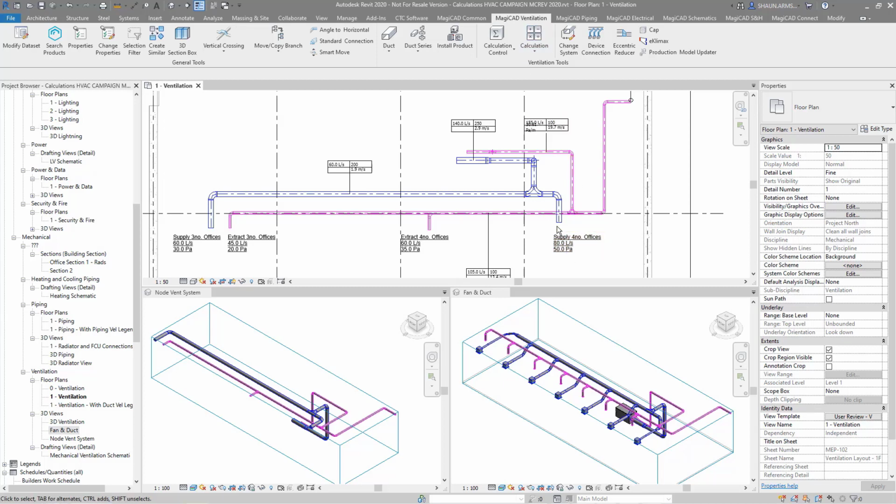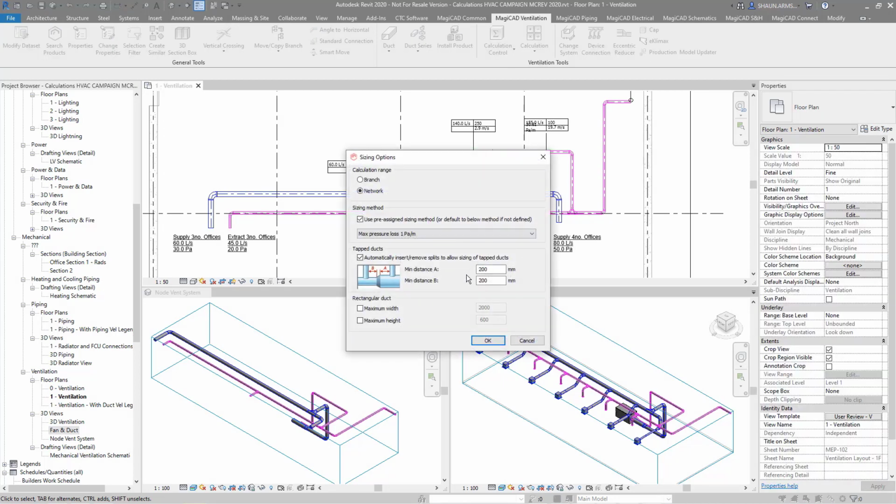As you can see here, we've already got one on, and to add that, it would be a case of going on this calculation control and adding a connection node to the end of a branch. If I go into the sizing calculation now and click on sizing, as you can see there's no fan attached, there's no grills attached, and I can size my system using these sizing methods that are created within our data set. I'm just going to use a max pressure loss of 1 Pa per meter at the minute,